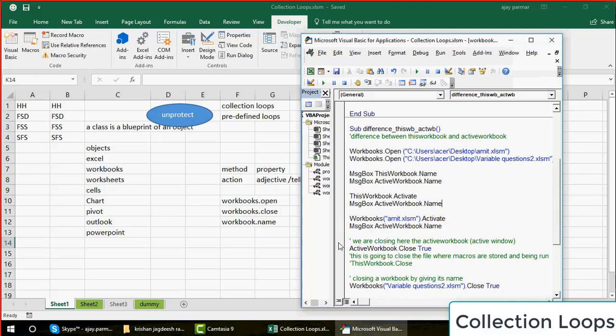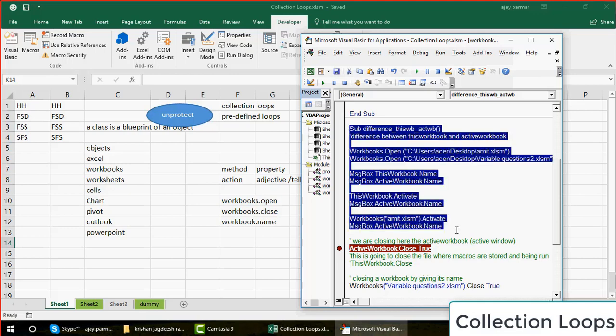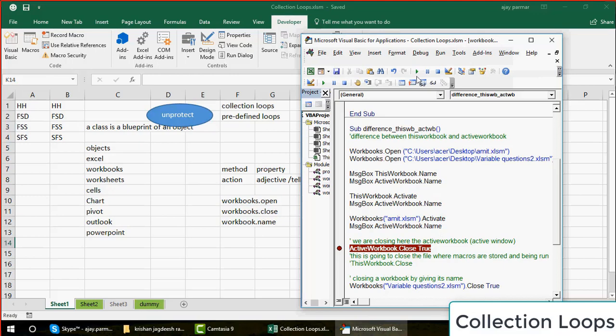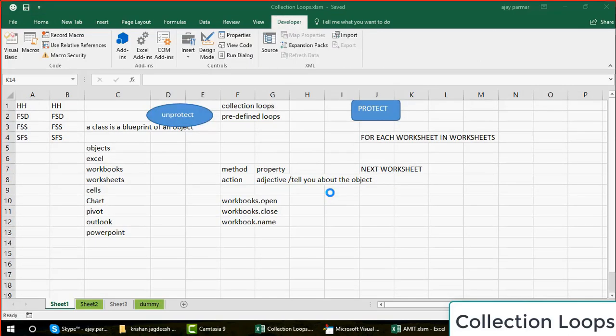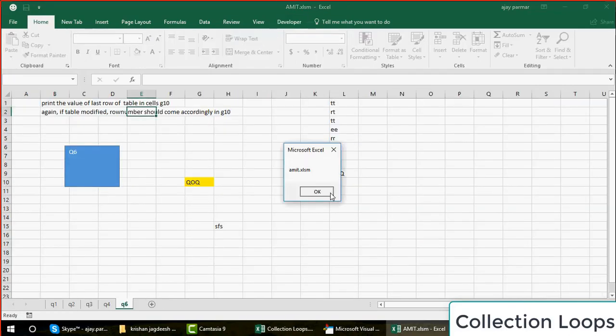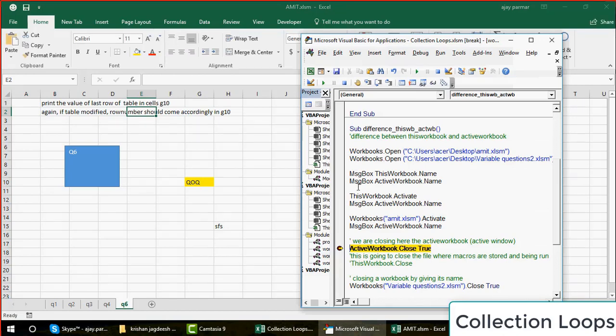Up till this point, without closing anything, I quickly run this. This is a breakpoint. I think we talked about this. It means I don't want to run the entire code line by line in F8 mode, because I know what is going to happen. I'm confident. So why don't we just click F5 and run it, so that the program runs immediately. All the lines before the breakpoint will be executed, and you see the message box is coming for both the files, and finally all four message boxes have come, and the line stops here.